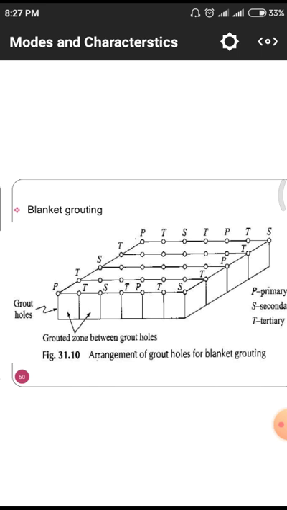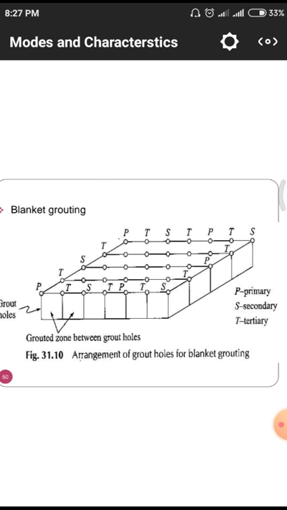In the first case, what quantities of voids we have to fill, in the second case what kind of voids we have to go for, and in the third case what quantities of voids. According to the content of voids they have to fix these planes. After the fixing is over they have to go for the injection of material.